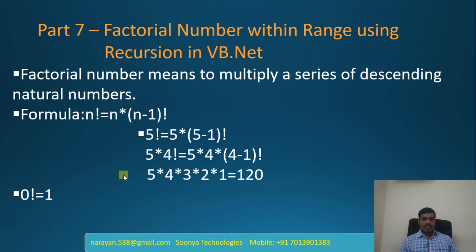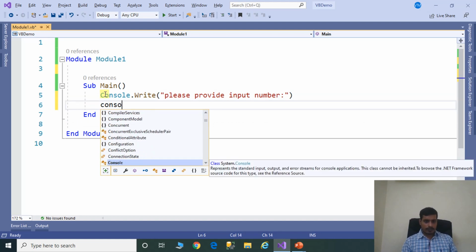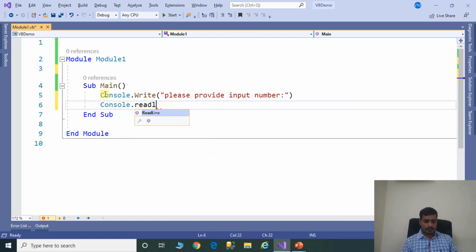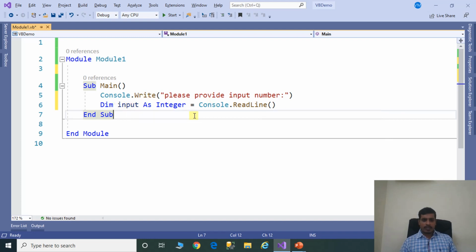Launch Visual Studio and create a VB.NET console application. We need to read input from the command prompt. Console.Write: Please provide input number. Console.ReadLine and assign to an integer variable, Dim input As Integer. Here the ReadLine method returns a string, but we are trying to store it in an integer. We need to convert from string to integer using the Parse method, Integer.Parse of